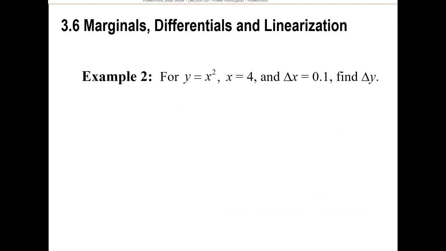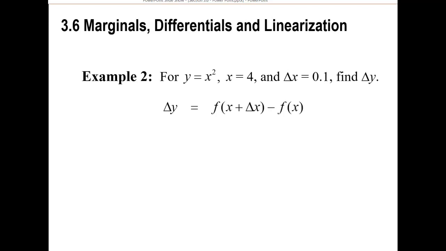All right. Next example is just given a random function, y equals x squared, a value of x, and then a delta x value, and they want you to find the delta y. So basically they're saying find if this function has an x value of 4, but you changed it to be 4.1, right, meaning that you're going to move over 0.1 for the change in x, what would the change in